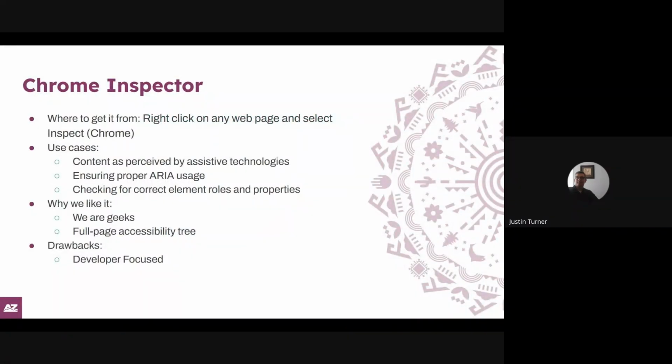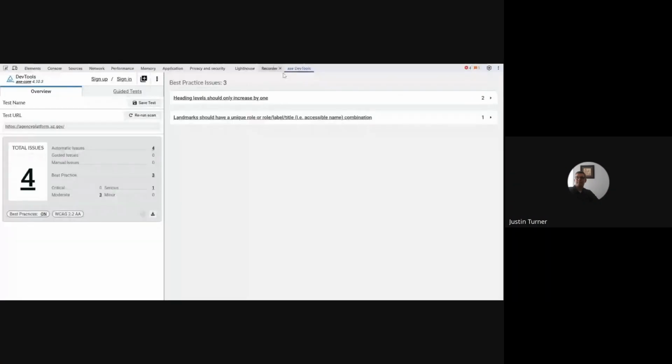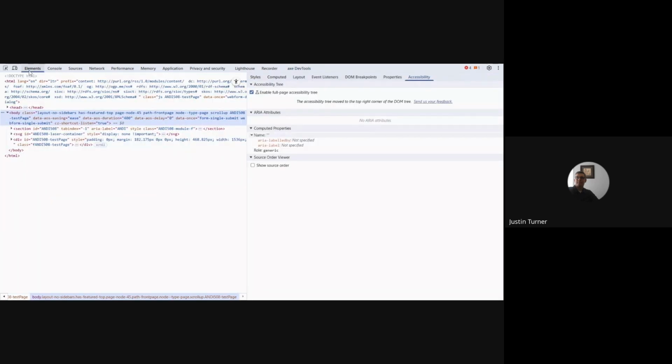There's a couple of other tools that you already have in your browser. Chrome Inspector, we showed it a little bit earlier. I said you could install the Axe DevTools here, but Chrome Inspector, when you right-click on a page, click on Inspect, it will open up the source code here. And I know this is very developer kind of focused. Most people aren't going to really look at it, but